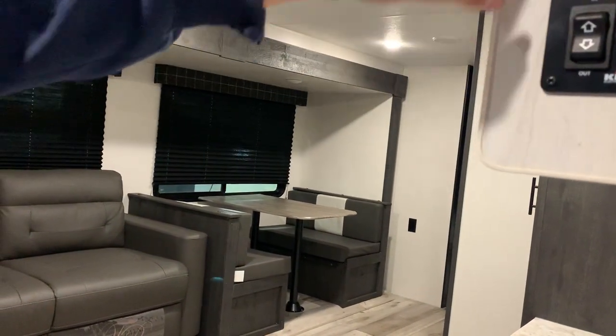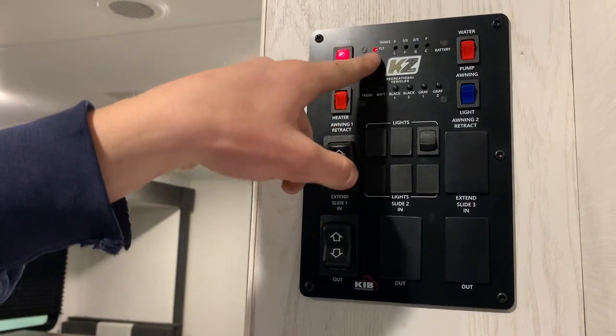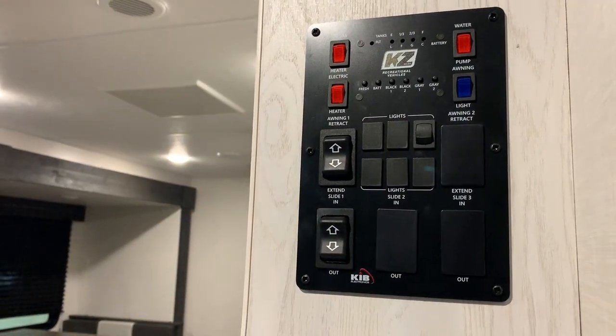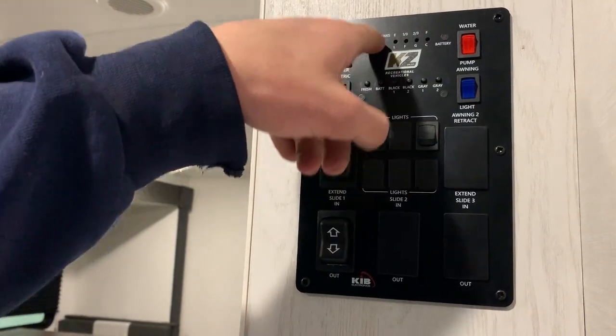And then you will notice you also have 2 options for your water heater. You can fire it on electric or you can fire it on gas. If you fire it on gas, this DSI fault light's going to come on. The water heater is going to try lighting itself 3 times. If on the 3rd try it doesn't light, this is going to stay on,